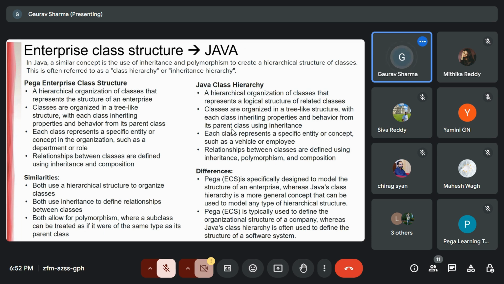That's the main common aspect. The similarities are that they both follow the hierarchical model, both allow you to use inheritance and relationships, and both allow polymorphism. The difference between the Pega enterprise class structure and Java is